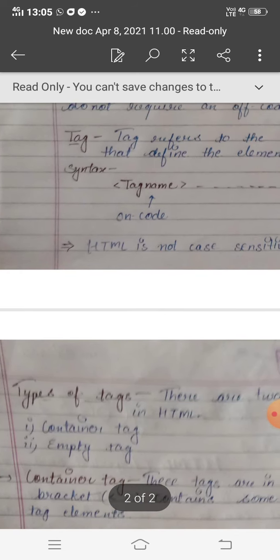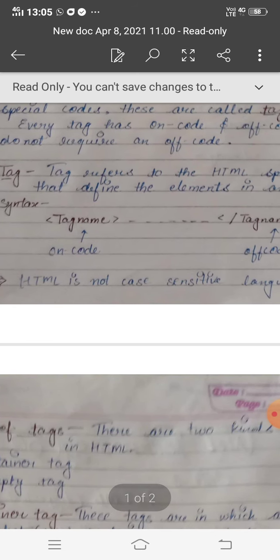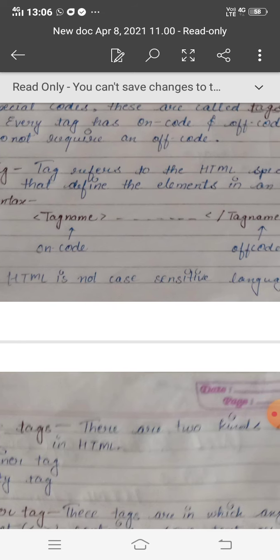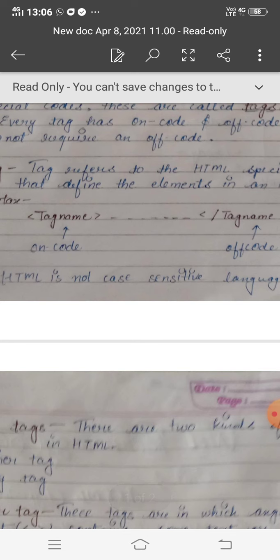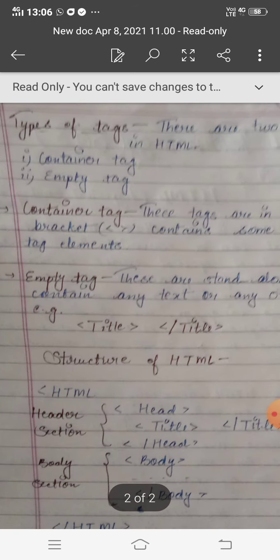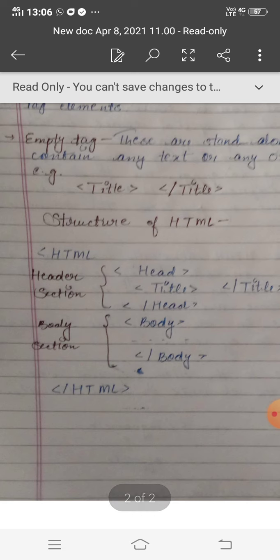As I already told, on code is written in angular brackets, off code is also written in angular brackets, and to start on code the way is only angular brackets, to off any code the way is / in angular brackets. So first we will start with HTML and we will finish HTML with /.